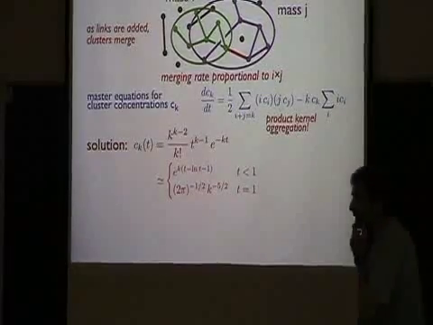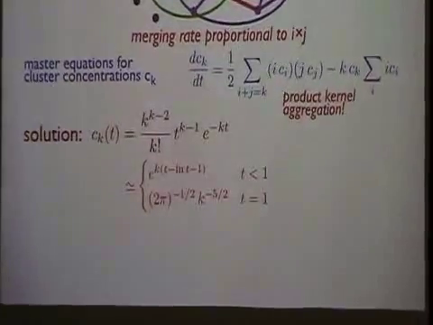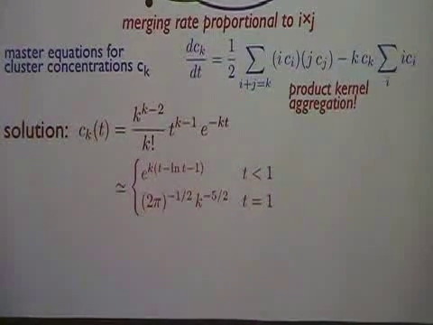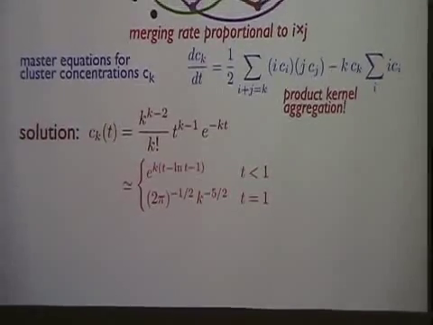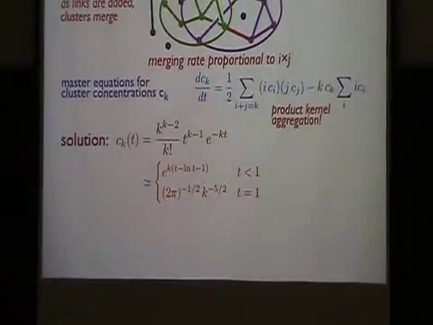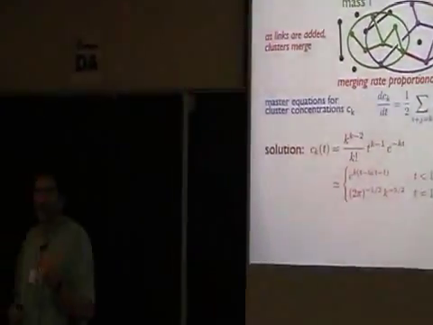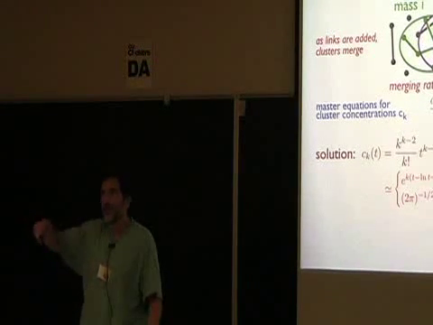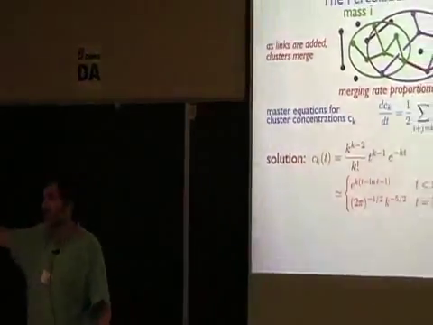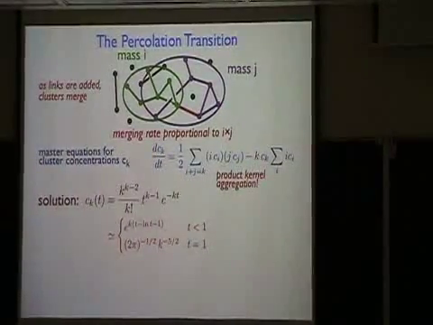Yes? When you say infinite cluster, you mean something proportional to n? So the first point is that normally one deals with the random graph when it has a finite number of nodes. So when n is finite, then below p_c the largest cluster is of order log n. At p_c, or the critical time, the largest cluster is of order n to the 2/3 in size, and above t equals 1, or above p_c, the largest cluster is of order n. And remember, there was that equation I wrote last time that the gel fraction g satisfies g equals 1 minus e to the minus g t, the solution of that transcendental equation. So that's the gel fraction. So the size of the largest cluster is g times n.